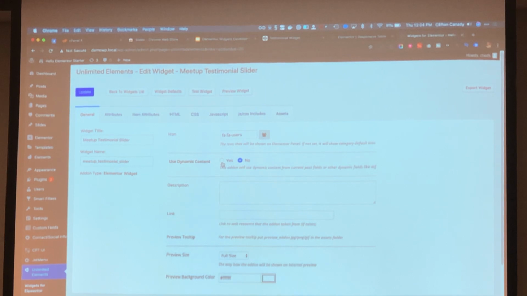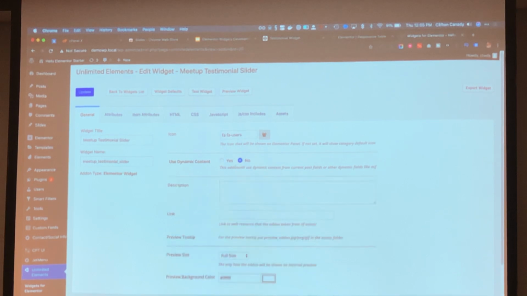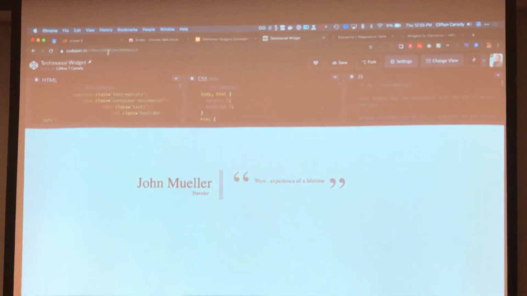So if I wanted to use dynamic content, you just click this and you tell it you want to use custom fields and stuff like that. I might show you, if I have enough time. If not, I'll try to put out a video and post it about how to use ACF with this, because it's super cool. But I'm going to keep it at no, and it gives you a link to actually put the example of where you found it